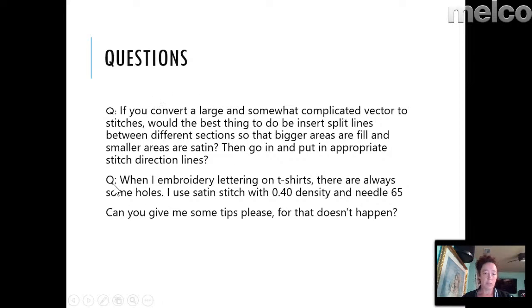Okay, so we covered that one. When embroidering lettering on t-shirts, there's some holes. I use satin stitches, 0.4 density, and a 65 needle, so one of the smaller needles. So with shirts, the biggest thing that I've noticed